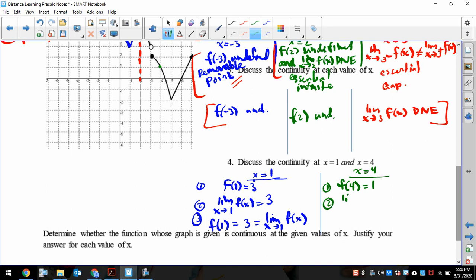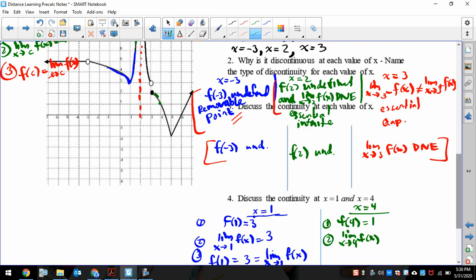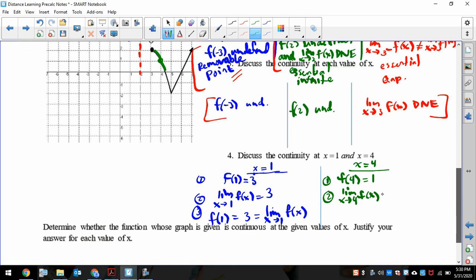And 2, the limit as x goes to 4 of f of x is equal to the left side, coming from the left and coming from the right. They both meet up right there at 1. So this is equal to 1. And so we could just say for part 3, therefore, f of x is continuous